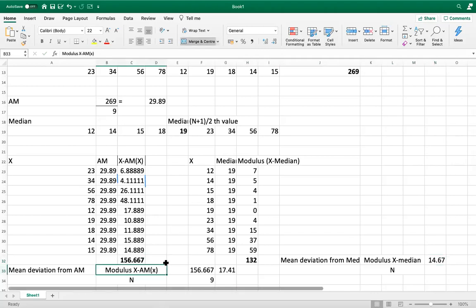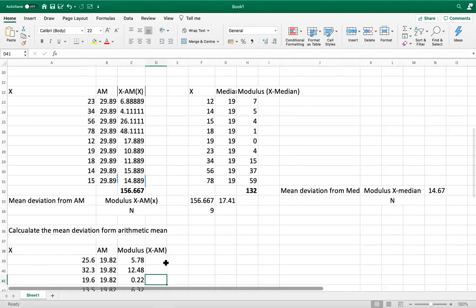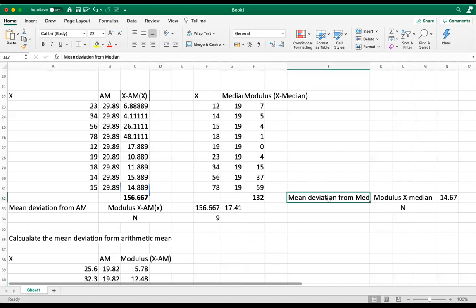Yes, all of you? The formula is the same. Whether it is mean deviation from median or mode, first find the mean, median or mode, and from it find the deviation of every value. After finding the deviation of every value, you are going to only consider the number, not the sign, and then divide it by the number of observations. Followed?